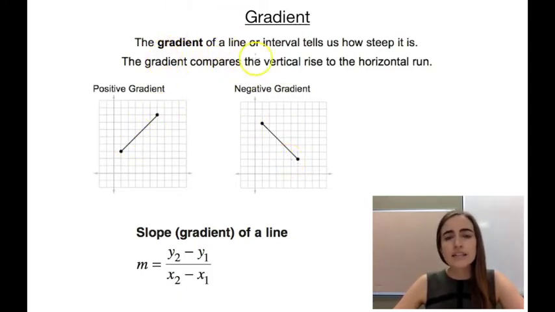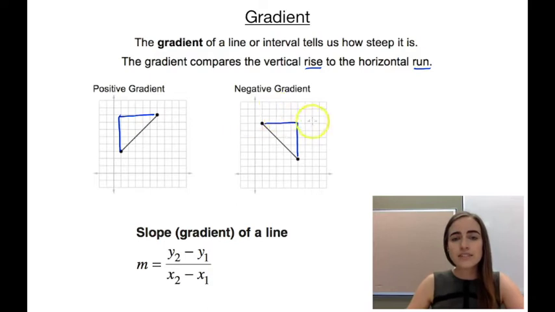To actually calculate the gradient though, what we're going to do, like it says up here, is to compare the rise to the run. So that means when you're moving from one point to another, we're comparing how far up we had to move to how far across we had to move. So if we did this one, moving from one point to the other, we're comparing the vertical change to the horizontal change. So to find those distances, it's rise over run,